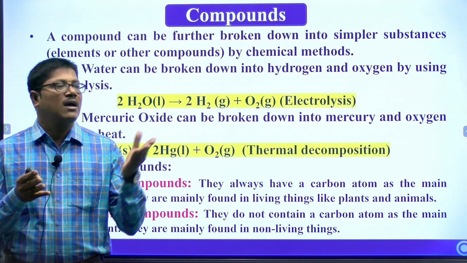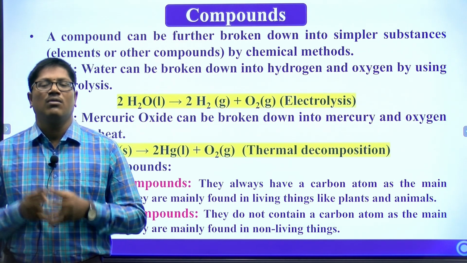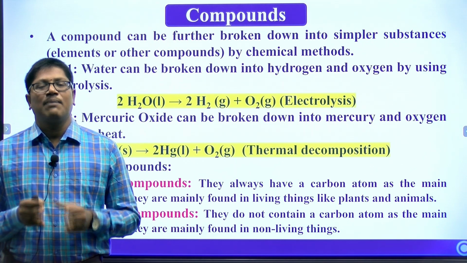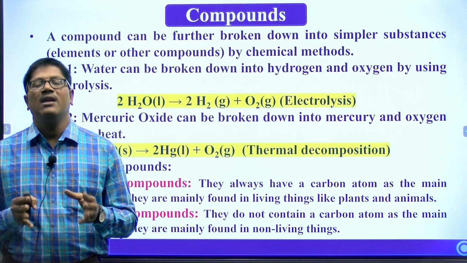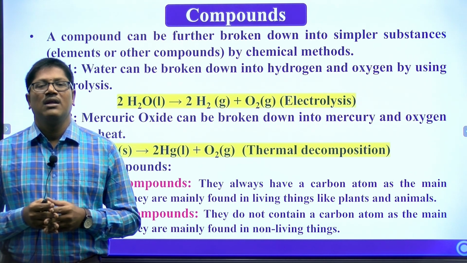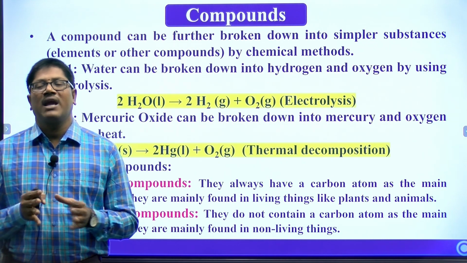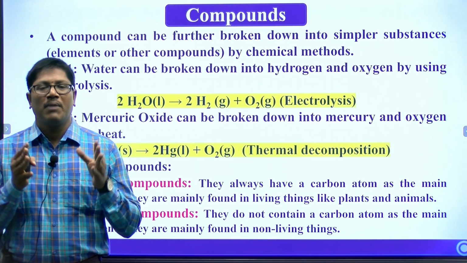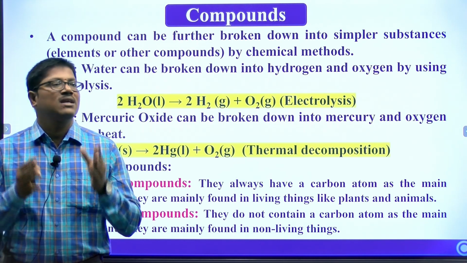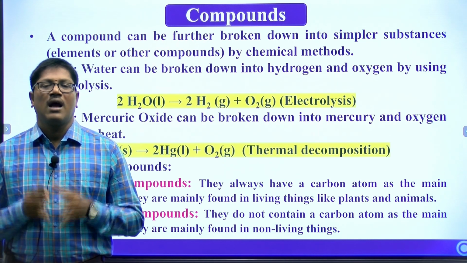Similarly, if you take mercuric oxide, HgO, on supplying heat, it will decompose into mercury and oxygen gas. This is known as thermal decomposition. Therefore, a compound can be broken down into its elements or compounds by using physical methods or chemical methods. The compounds are again